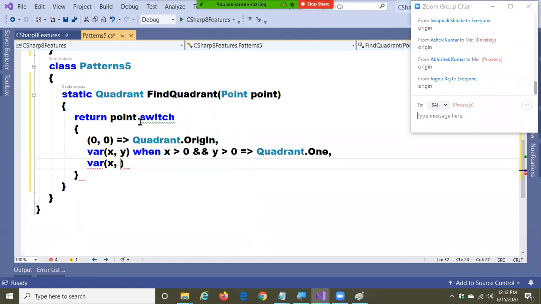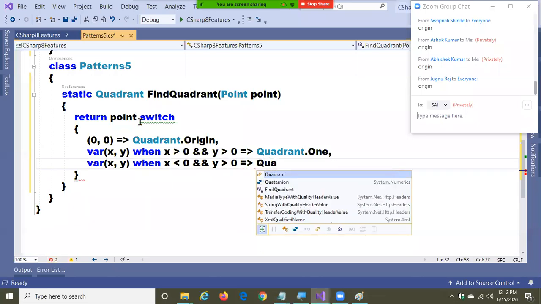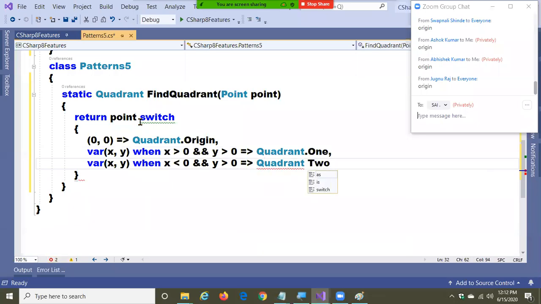Next, where x comma y, when x is less than 0 and y is greater than 0, then that is quadrant 2.